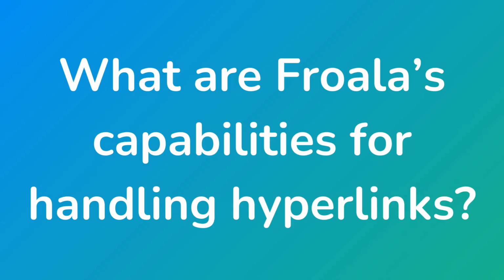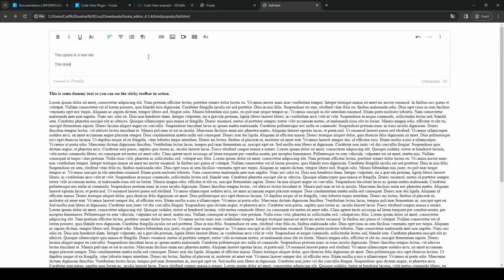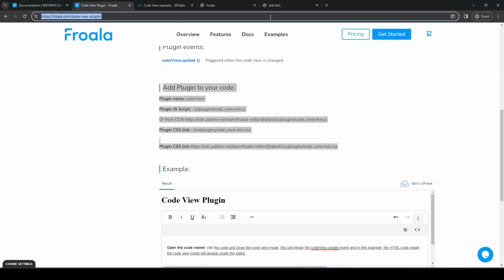So the next question is, I think, a quick one. What are Froala's capabilities for handling hyperlinks? Again, let's go to the full featured editor, and it's here. You can insert link using Control K or by just clicking here. So let's add some text here. This opens in a new tab. This doesn't. So for example, let's go to this page